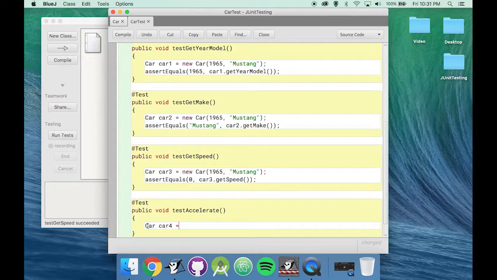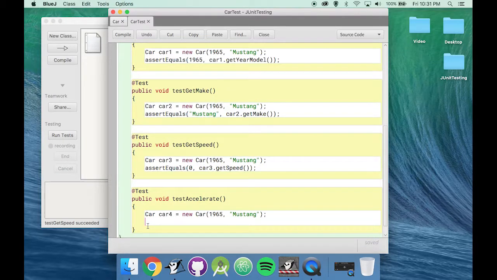Let's create a new instance of the car class. Car4 equals a new car, 1965. Now let's call the method accelerate. We can do car4.accelerate,